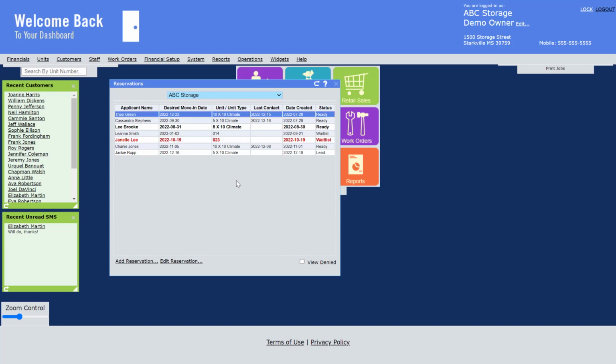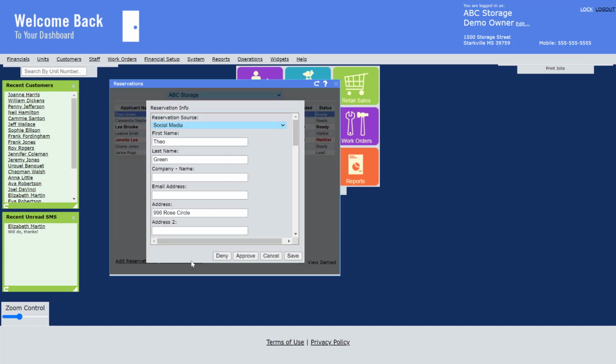Let's take a look at one of the reservations. I'm going to choose Theo Green and click Edit Reservation. Notice the very first field is reservation source. The reservation source can be set manually, or it can also be set automatically if the reservation was created through the API. They are contact information fields,